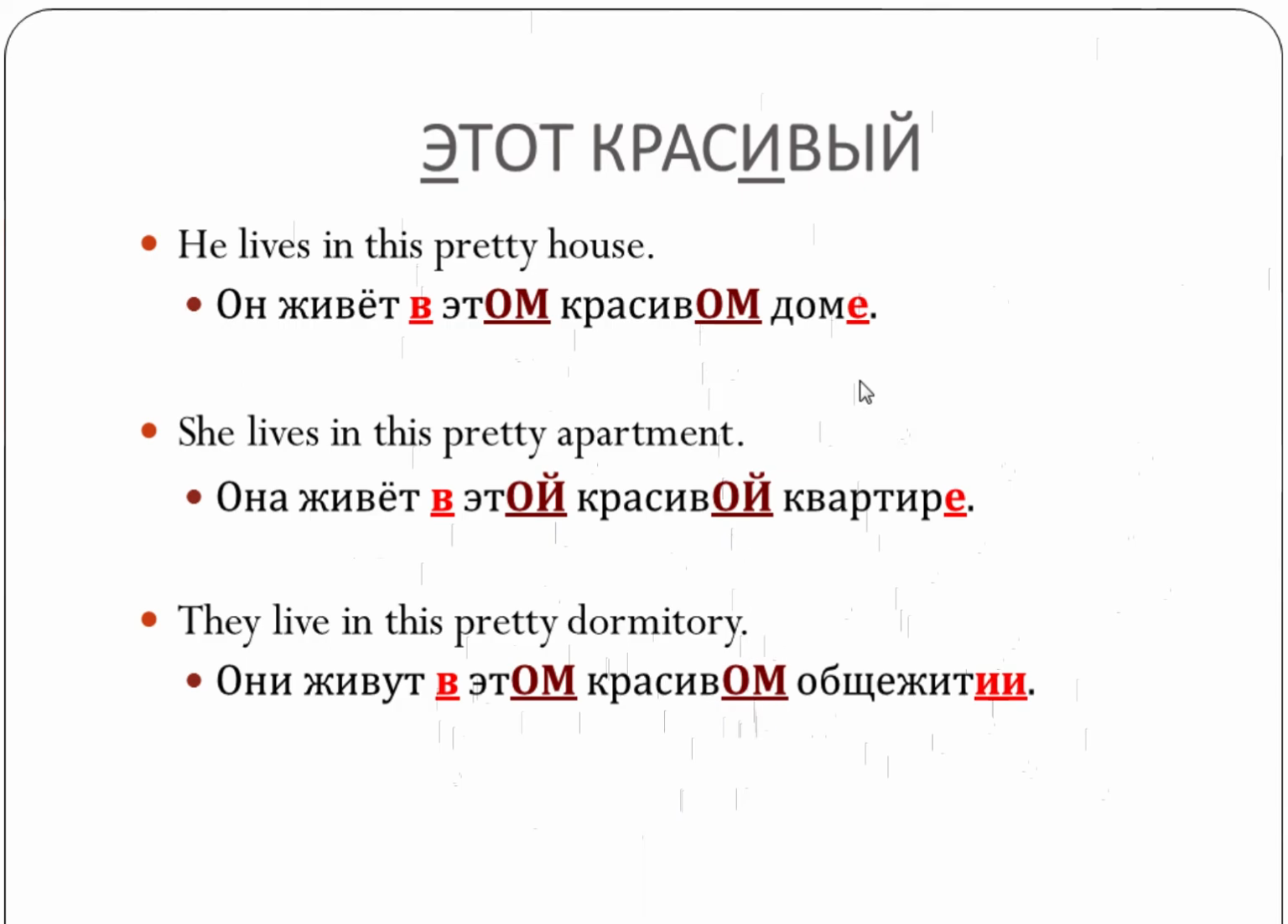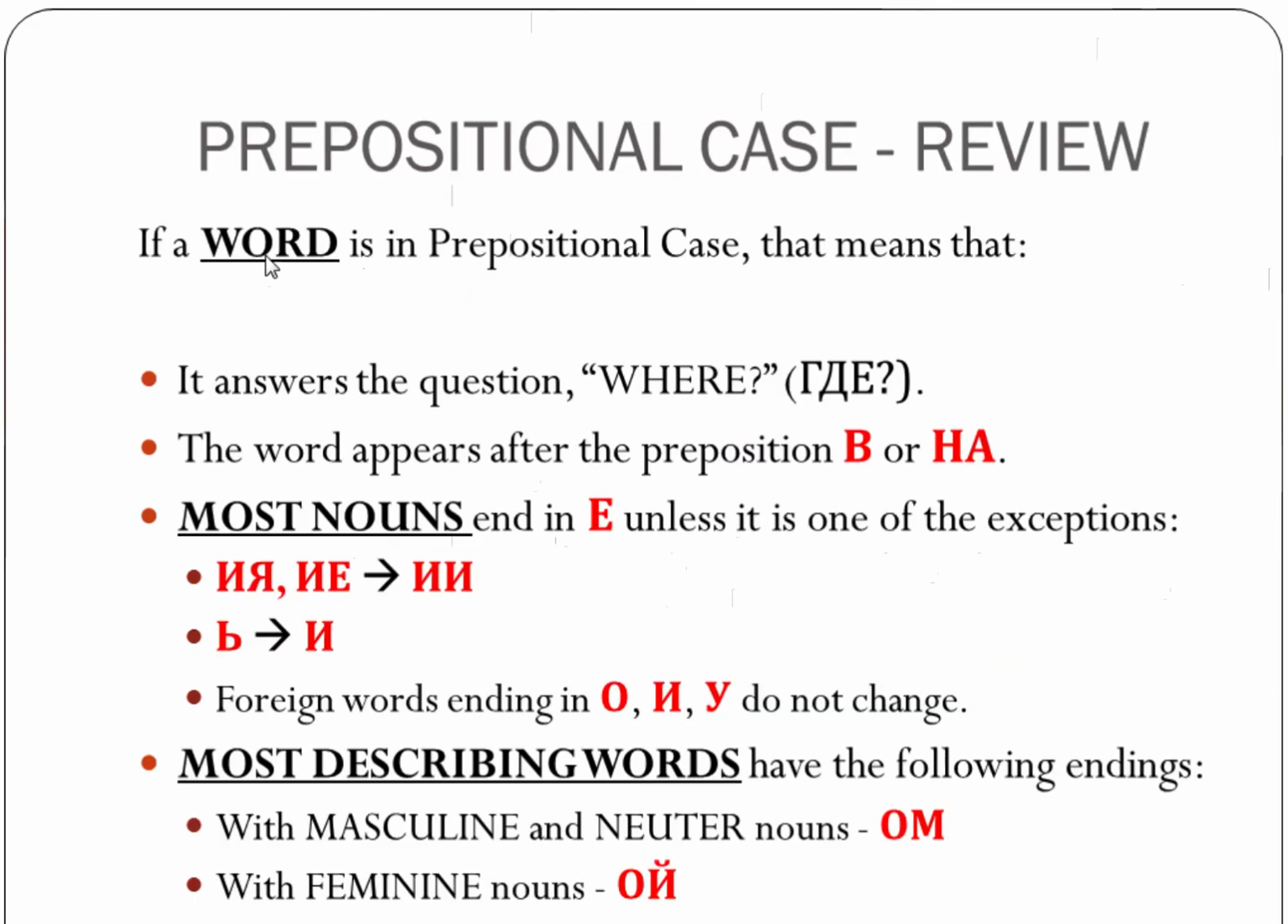So hopefully you already figured out the rule. So дом, in the nominative case, it's дом, masculine word, ом ending for that. Общежитие, neuter word, ending, the same here. And квартира is feminine, so ой for feminine. So here is the summary. If a word is in a prepositional case, it answers the question где, comes after в, на. These are the noun endings, and these are the describing